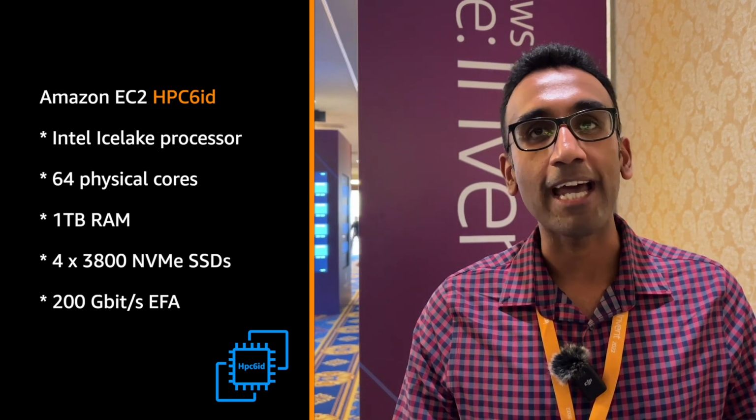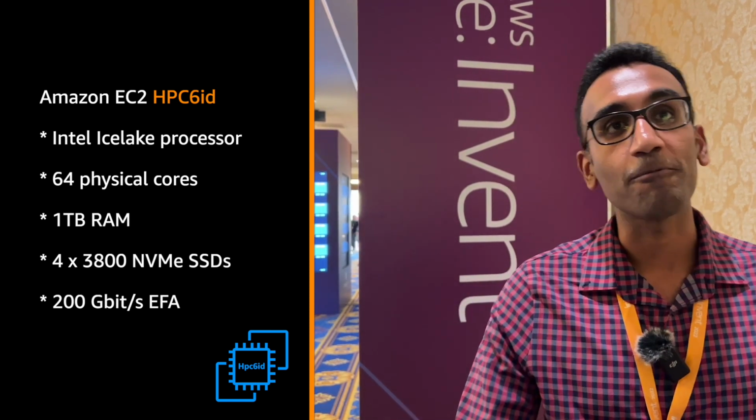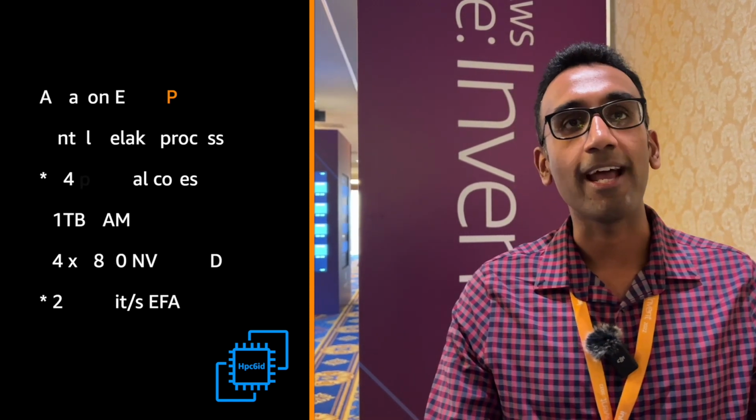That is correct. And then we have 15.2 terabytes of local NVMe disk as part of that. And we also have 200 gigabit of EFA networking. That's twice as much EFA as we've got on the Hpc6a, the AMD machine. So twice as much EFA for fewer cores, but these are Intel cores, so they're generally higher performing from a floating point point of view, right? Correct. They actually support AVX512. So a lot of these codes can benefit, and I'm going to talk about what kind of codes are suited for